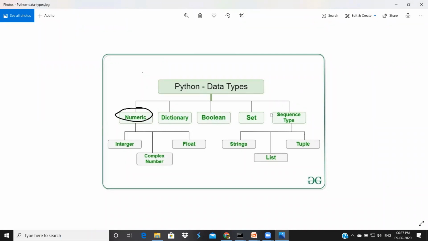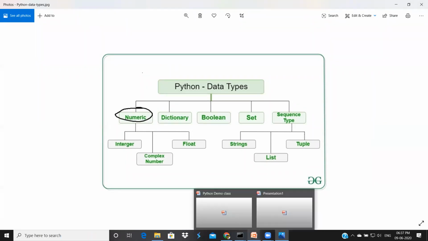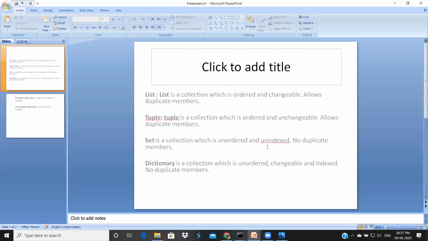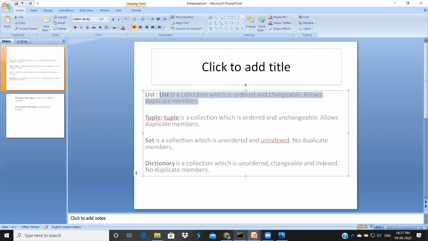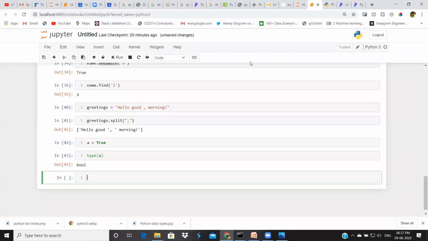Next, we will discuss list. A list is a collection which is ordered and changeable, and allows duplicate members. Yes, this is the simple definition of the list. I'll show how to define a list and how to do operations on a list.